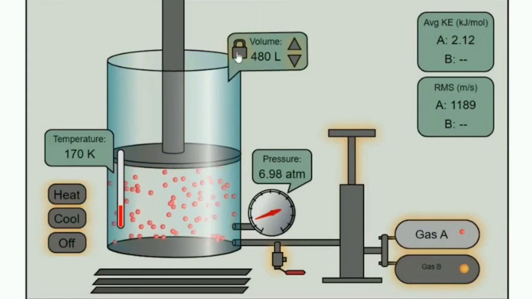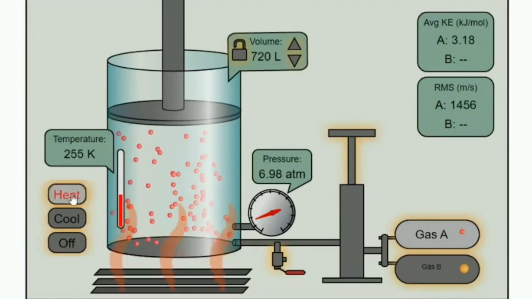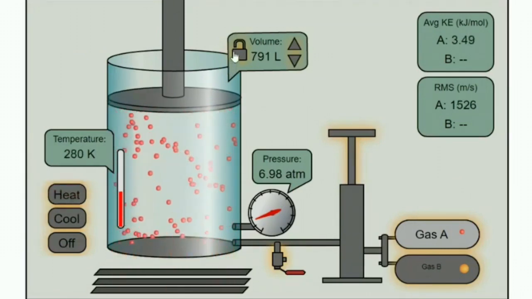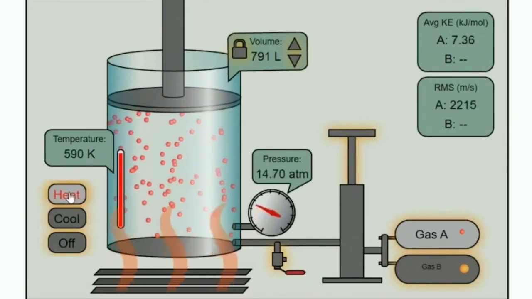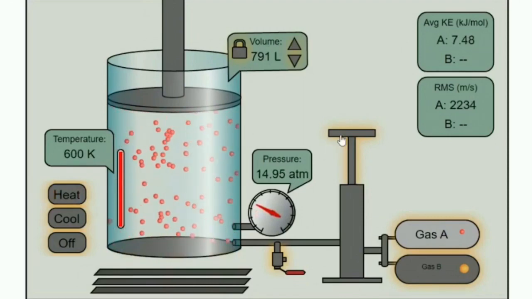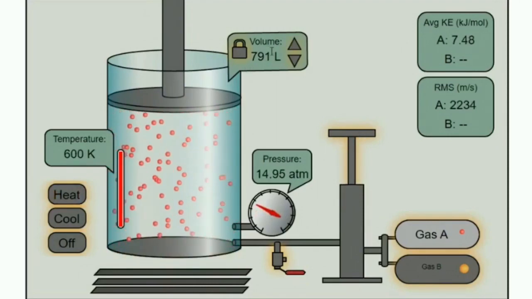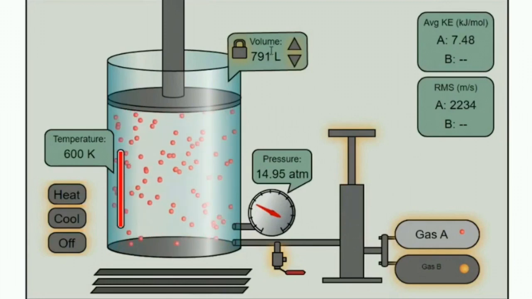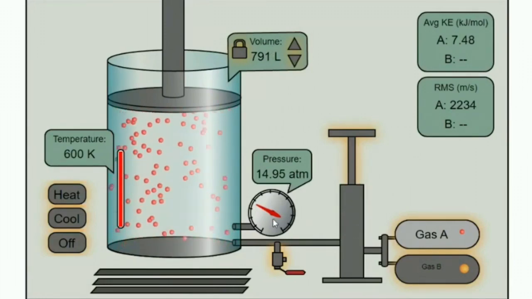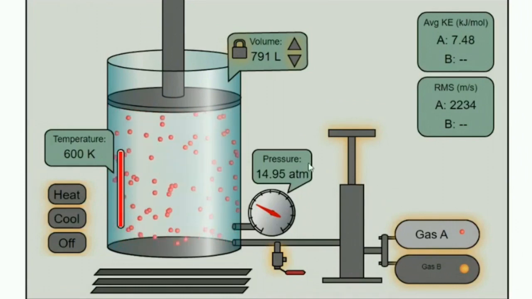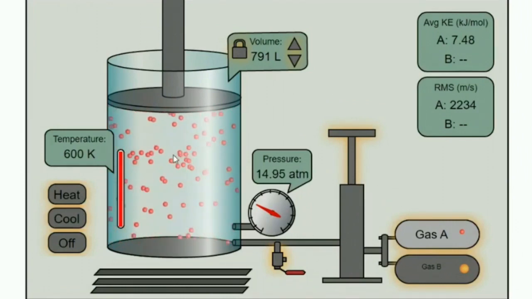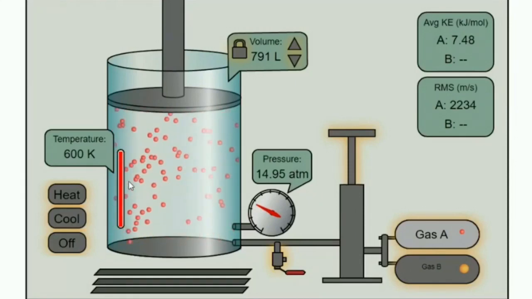So let's not lock that. The temperature, we can add heat. That's going to increase the volume until we stop it. But if we add heat and fix the volume, look at the pressure going up. So it's the interaction between the quantity of gas, the fixed volume or the variable volume, but the volume itself. The pressure is a function of the temperature, the volume, and the way this works. And this is the best way of demonstrating it. And this is all in the confines of a container.